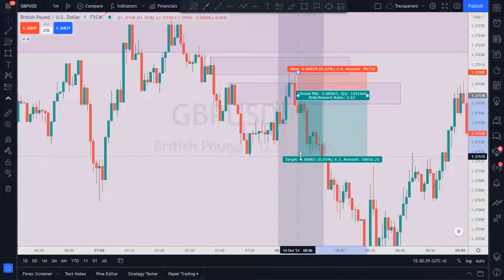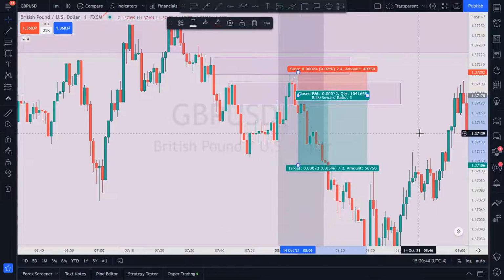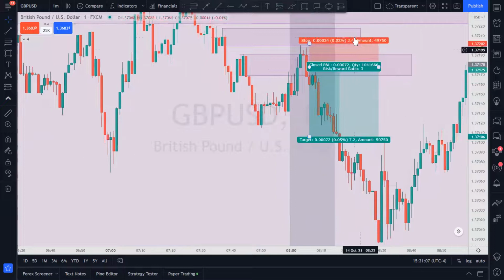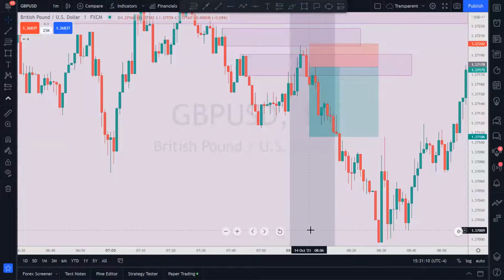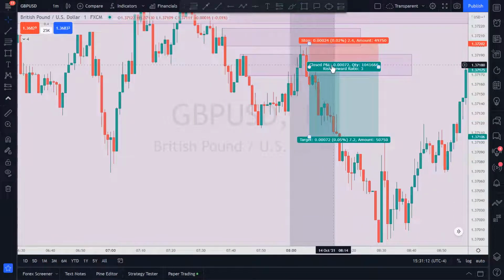And I'm looking for 3R, and I leave the runner after that. All right. Once I get my 3R, that's 1 to 3 risk to reward now. Once I get my 3R, all I want to do is take out about either 80 or 90%, depending on how the price action has been, and I will leave the rest to run. And I'll move my stop loss to break even at that point,